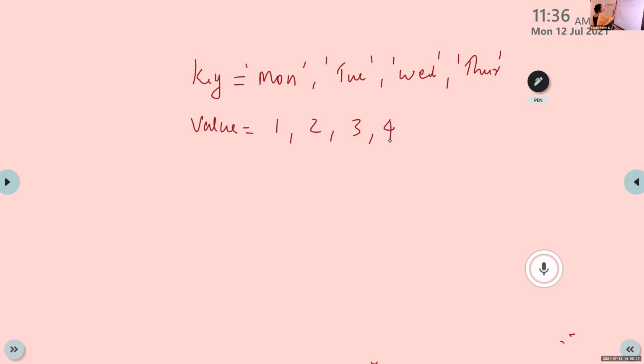So the name of index is number. The name of value is days. Write the output also.